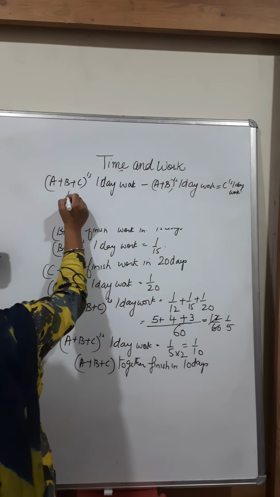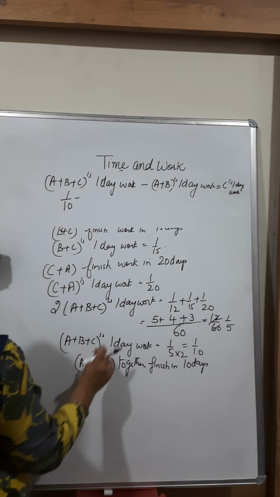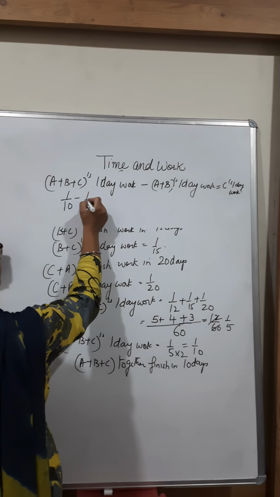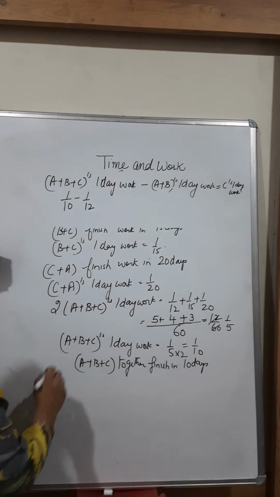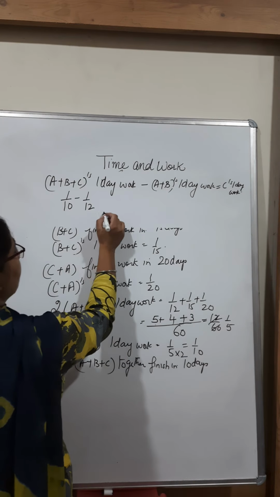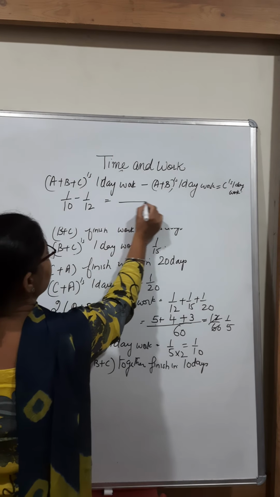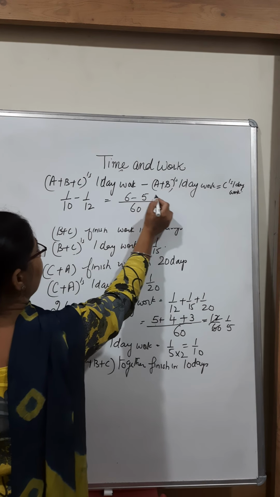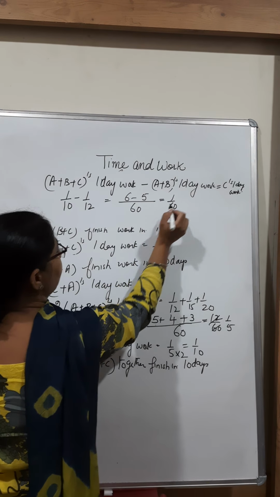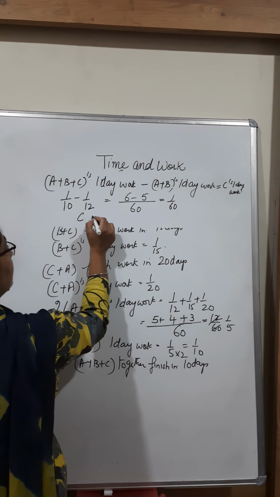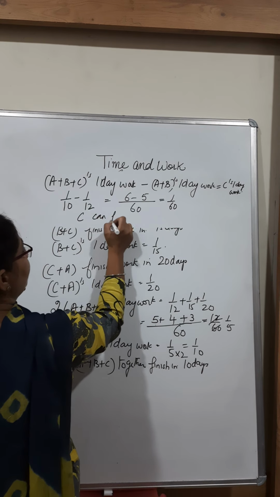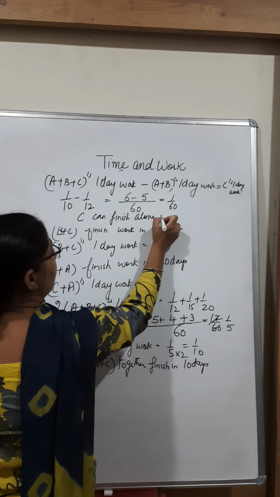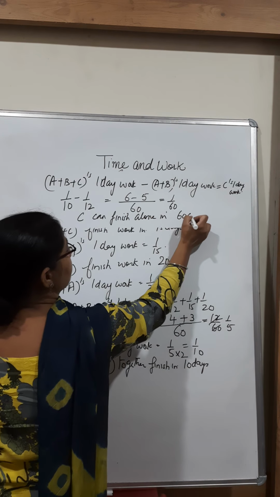तो A प्लस B प्लस C इज वन डे वर्क हमारे पास 1/10 है। 1/10 में से हमने A प्लस B इज वन डे वर्क जो हमारे पास 1/12 था वो माइनस करेंगे। तो जब हम माइनस करेंगे हमारे पास एलसीएम इसका क्या आ जाएगा? 60, 10 6s 60, 12 5s 60, ये बन गया 1 by 60। सो C can finish alone in 60 days।